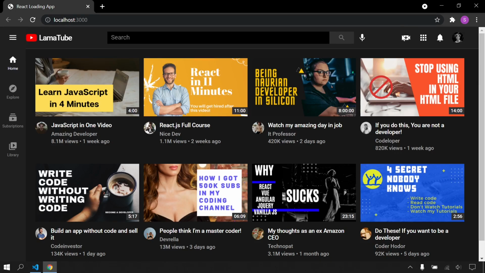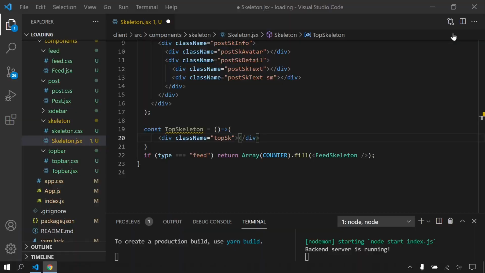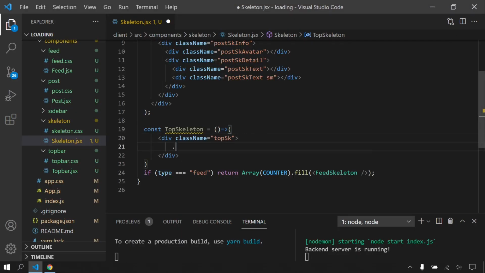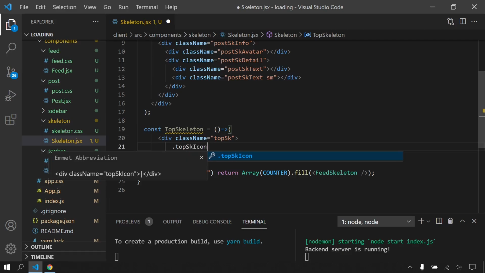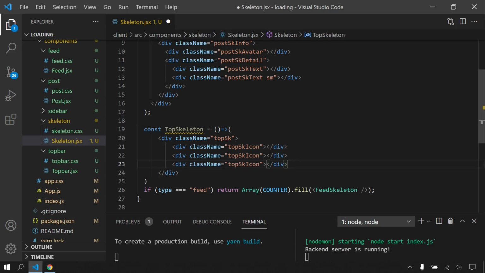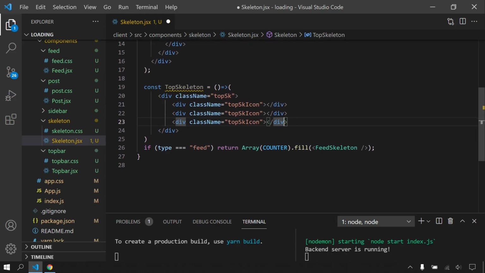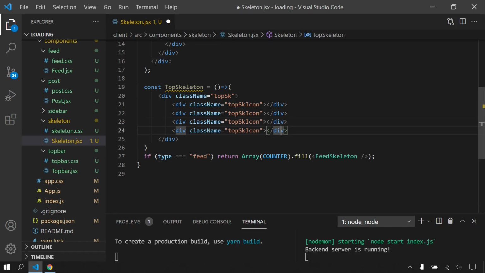So they are gonna be our icons, same size. And this is gonna be a little bit bigger. So inside this container, let's create 3 icons, top sk icon. I will duplicate this. It's gonna be 3 times. And 1 more. It's not gonna be icon, it's gonna be image. Or avatar, whatever you say.